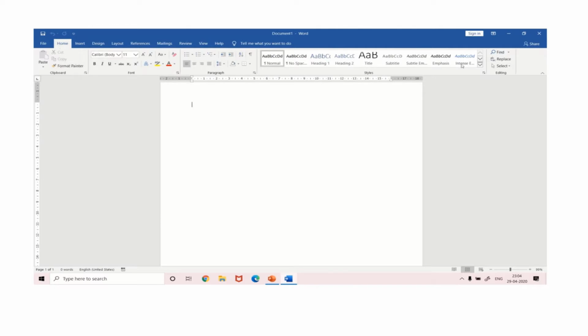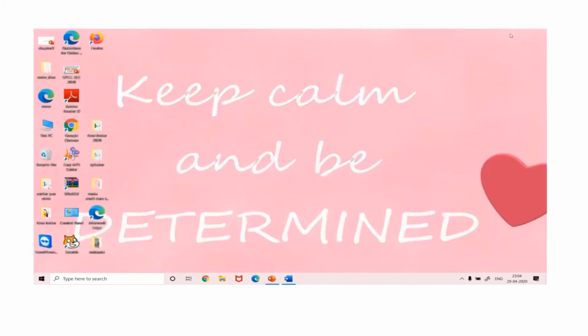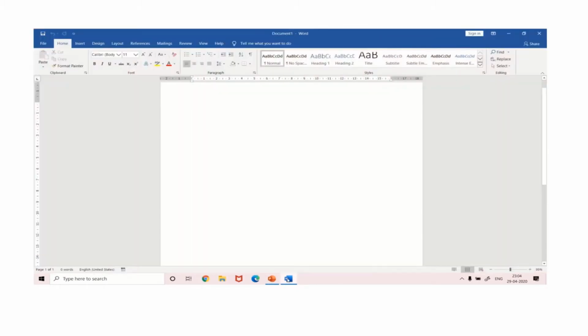When you click on the minimize button, the Word window comes down to the taskbar. Again, when you click on the Word window, it is seen on the full screen.